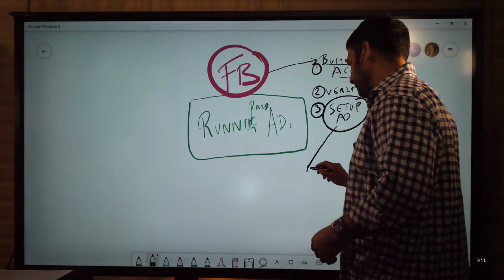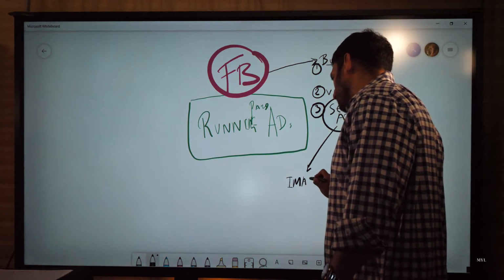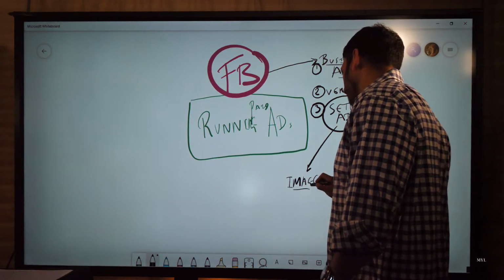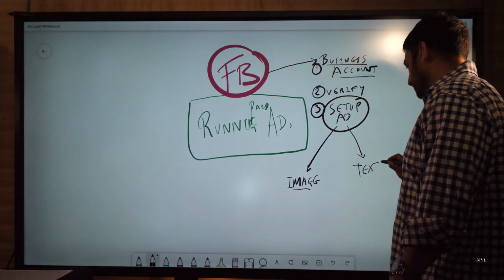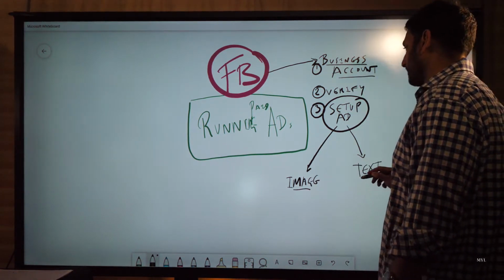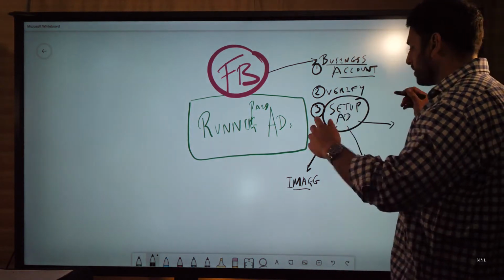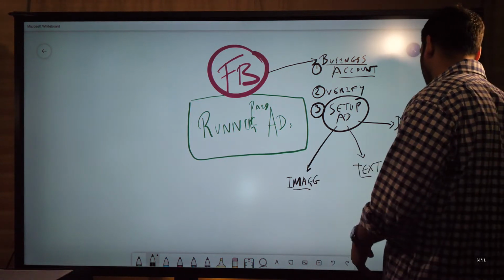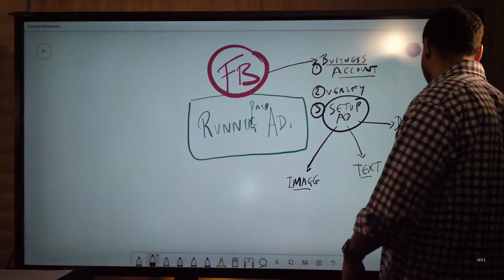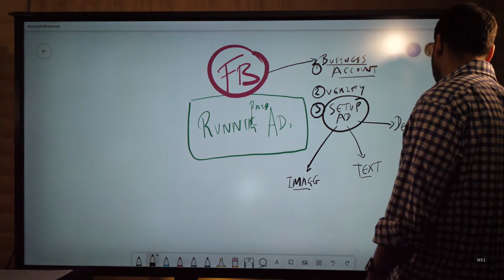So you could take down to the next one, and that could be image creation. So you would create an image for that ad. You'd have a bit of text, so you'd do a bit of offer text that looks attractive. And then there would be the element of finding your demographics. I'm just using this as an example. I'm not a Facebook professional advertiser. I'm just giving you a basic.